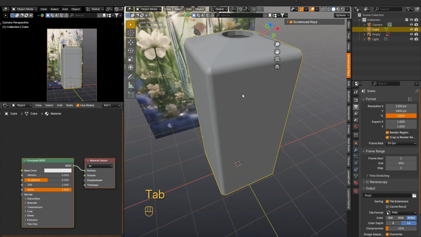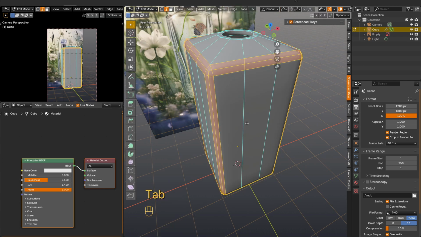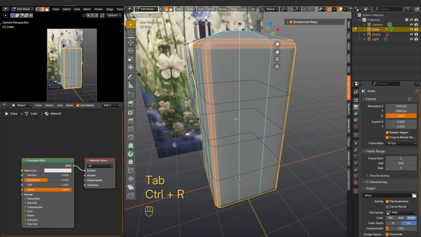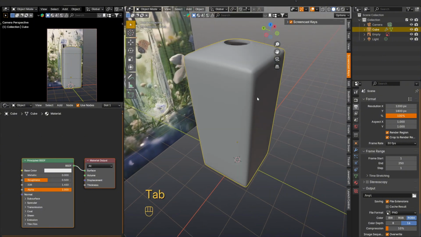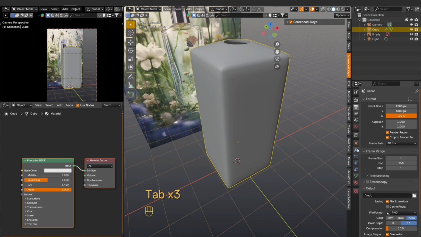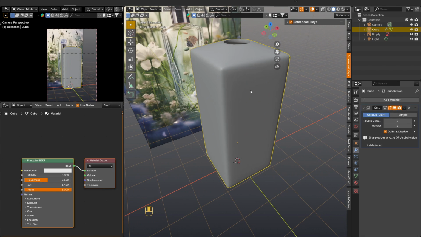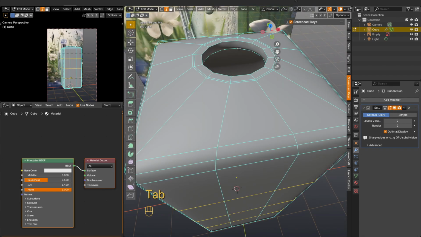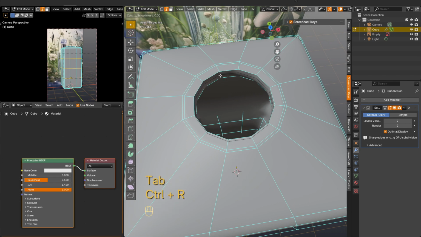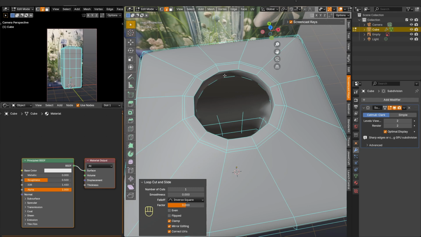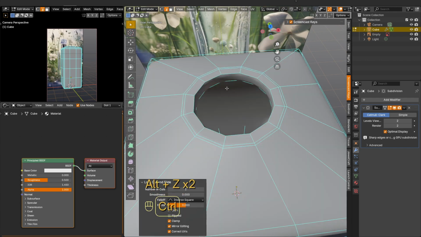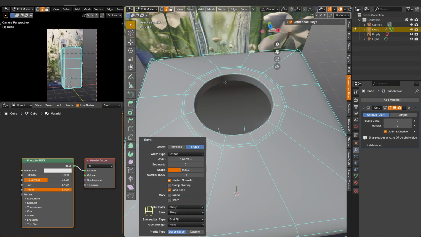Well, when we are ready we can add a subdivision surface, with the number of divisions 2 and shade smooth. And we have to refine the neck a little, or rather add several edge loops to enhance the geometry, on the inner and outer parts. And we can move on to the second part of the neck.